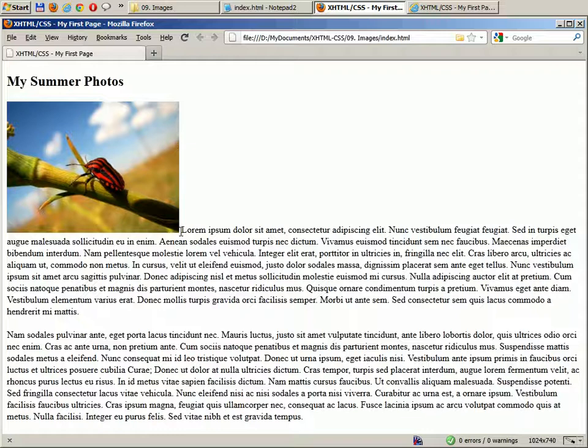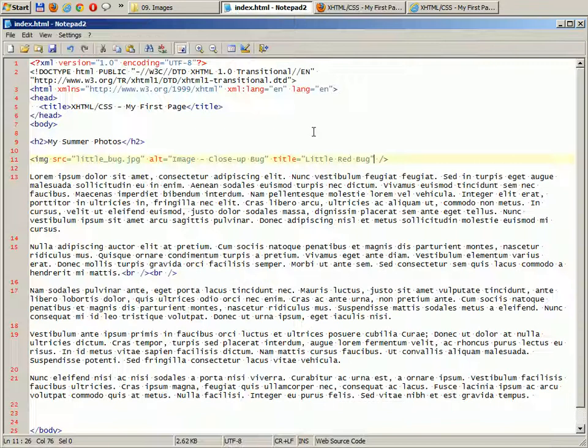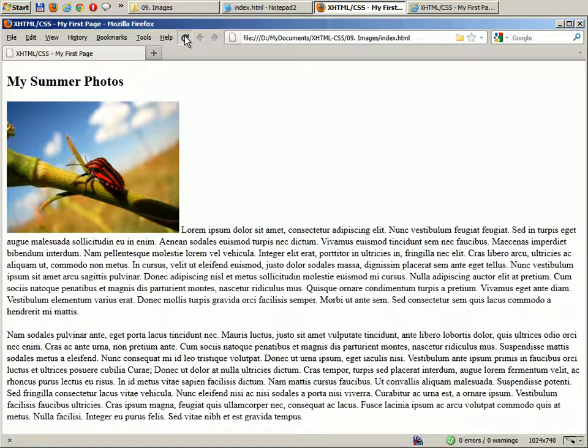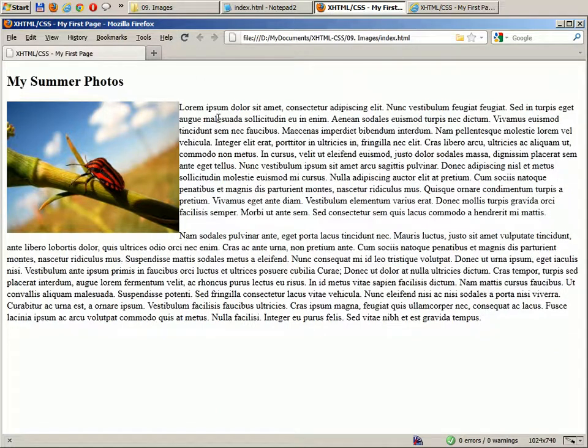Okay, now let's try the attribute, which I said would be align, of course equal sign double quotes, and let's try first left. Okay, and see what happens. Saving, going back and refresh. Now pay attention to this. The instant I release the refresh button, what will happen with the text? And there you go. The instant I refreshed the page, all the text had moved up to the right upper